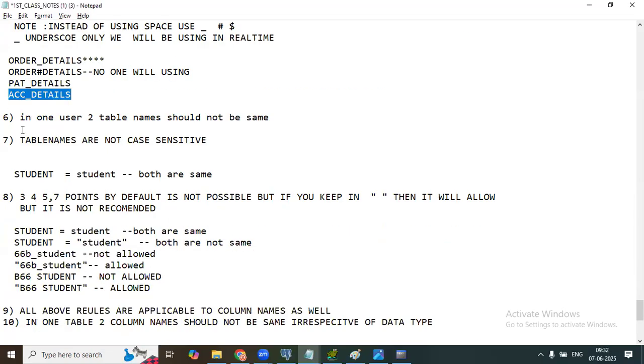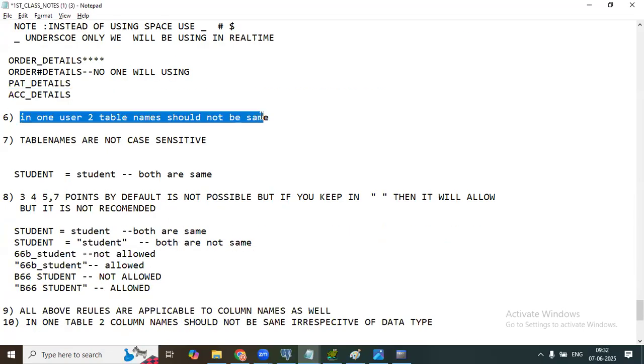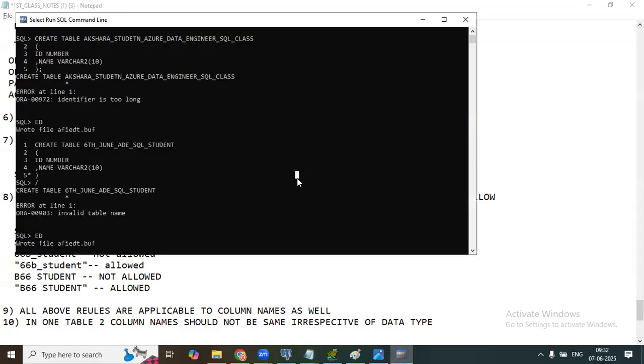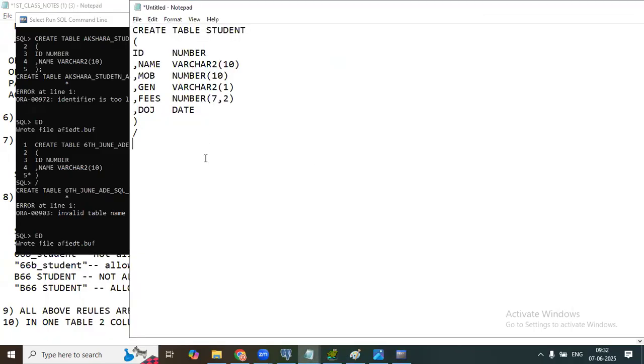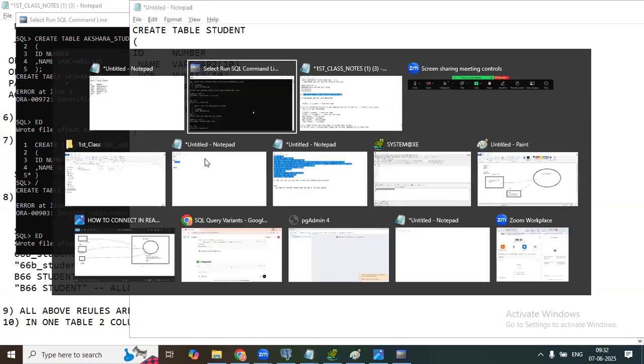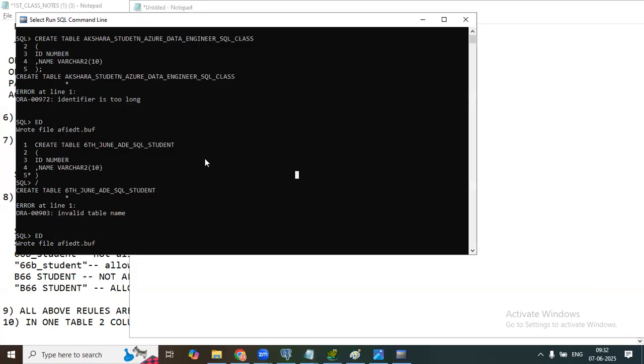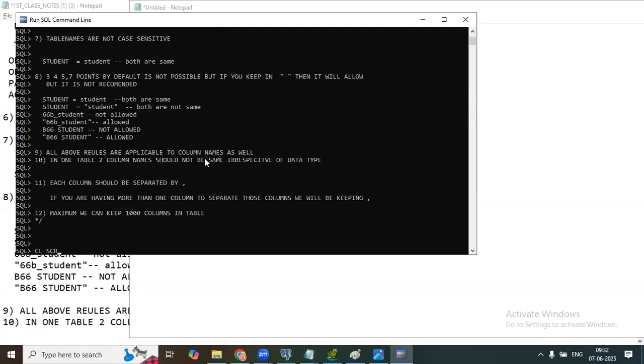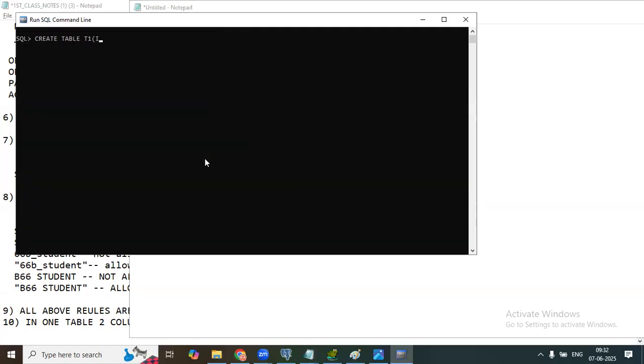And in one user, two table names should not be the same. In this database, you cannot create two tables with the same name. For example, you cannot create a table like this T1 number again.